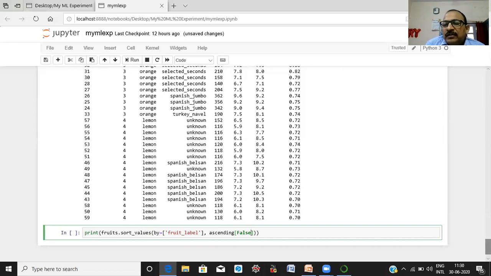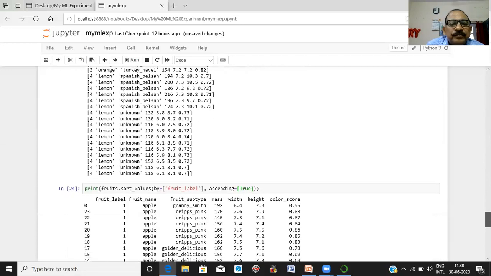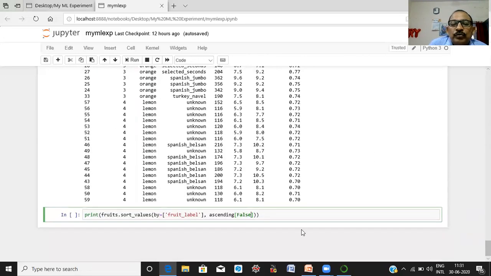Let us compare this statement with the previous statement. In the increasing order, the method is sort_values with the keyword by equal, and here you specify the name of the variable, and in the ascending order you have specified true. And if you want to arrange the records in decreasing order on a specific column, instead of true you write false.